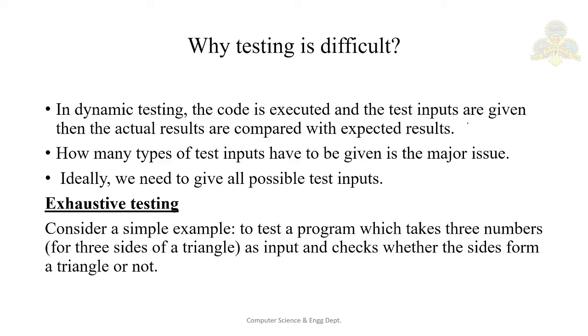Say for example, your program, or just say your project, takes a positive number from 1 to 999. Whenever you give any number from 1 to 999, the output is something. It is a positive output and it should work. Now tell me, for this input from 1 to 999, how many numbers do you go on to give as input and test the output?